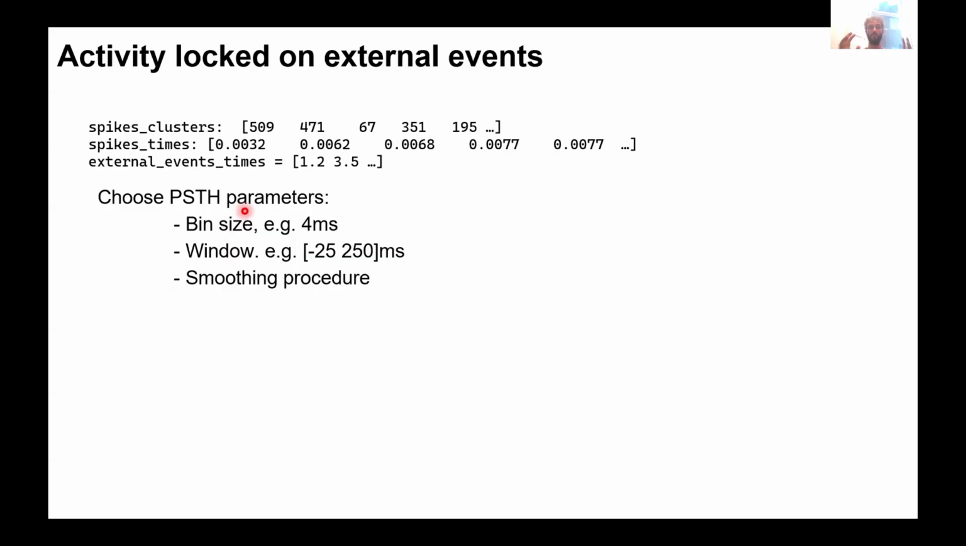The bin size, so it's the size of the bin that you're going to use to look at your data. In my case, I'm going to take 4 milliseconds. Then the overall window that you want to look at around the stimulus, so here it's going to be -25 to 250 milliseconds, but also some smoothing to make the data a bit less noisy, let's say. And so you start with something where you have your spikes, you have your events here, and you want to